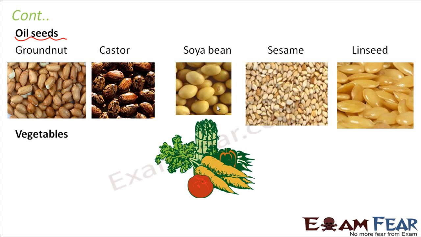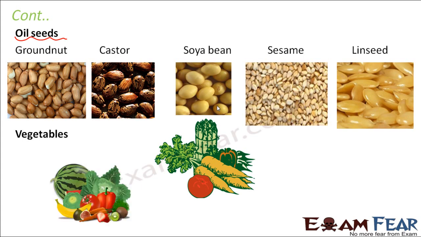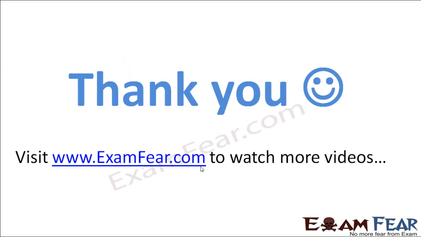A lot of vegetables are also cultivated as part of crops. Then there are fruits, like apple and tomato, or banana and pineapple. So a variety of fruits, vegetables, pulses, cereals and oil seeds are all examples of crops. They all fall under the category of crops when they are grown on a commercial scale.